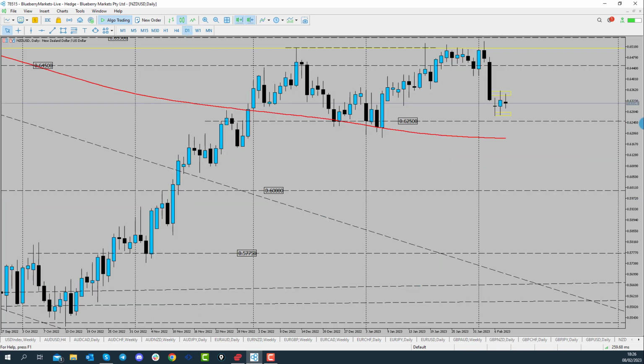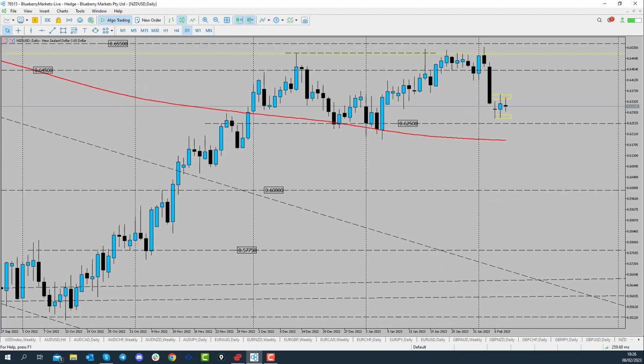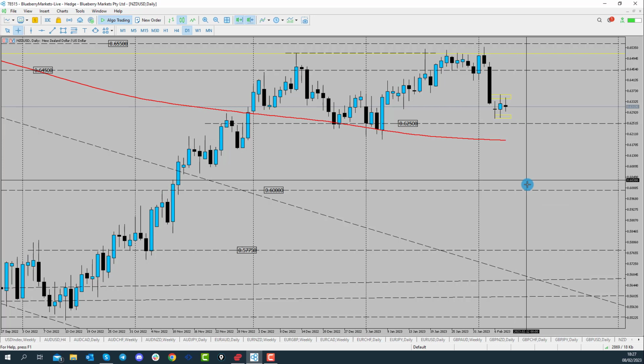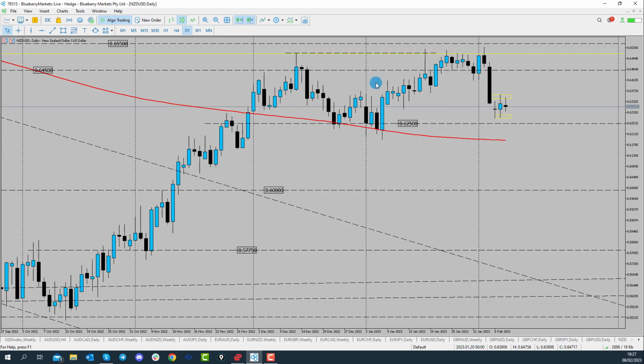Now if we have a little look at the daily time frame, there's some levels ahead that could act as support. So we've got the 0.6250 or around about the 0.6200 level, which arrives around about the 200 daily moving average, so just slightly above in and around this area here. So price could be heading down towards that point over the next week or so. I think if price trades below the low here at 61.88, that's really going to open the door up to a move down to the 0.6 handle again. So that's something I'm considering on New Zealand US dollar.